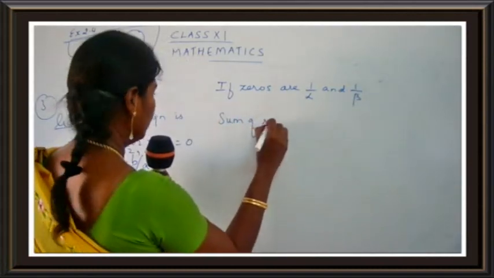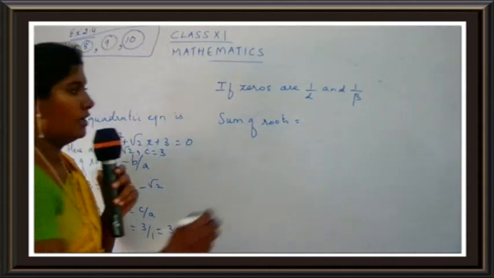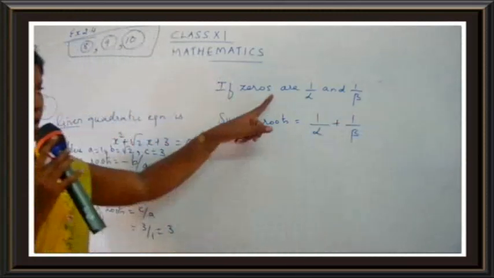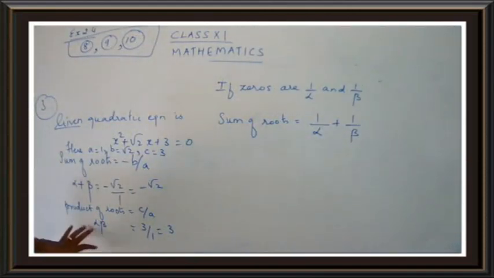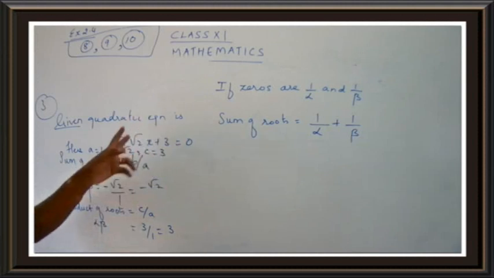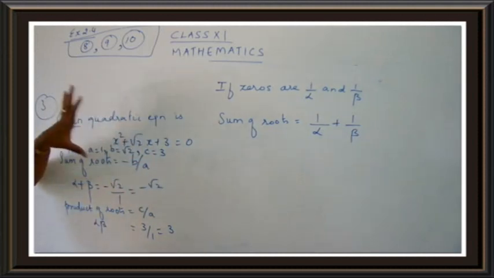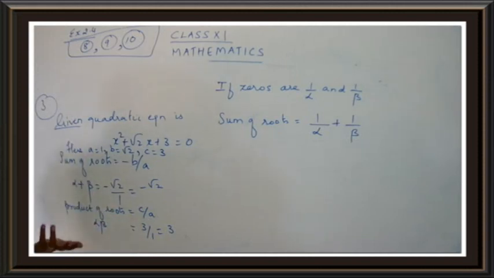sum of roots is equal to, what is the sum of roots? 1 upon alpha plus 1 upon beta. That is, you are going to take the new roots as 1 upon alpha and 1 upon beta. For the previous case, alpha and beta were the roots, so we took just alpha plus beta and alpha beta. I hope you are clear with the difference why I am doing it twice. This is the original equation, and now we are going to make a new equation. And for making a new equation, they have given you new zeros. What are the new zeros given to you? 1 upon alpha and 1 upon beta.